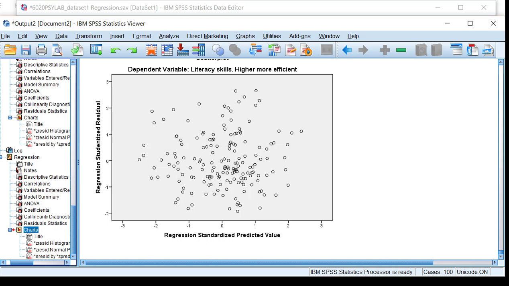So that's how you do a transformation and why you do a transformation in multiple regression. If it changed the results, if my results after the transformation were different, then I would use the transformed data and report that, and I would explain why. But in this case, it didn't make any difference, so I would simply say,